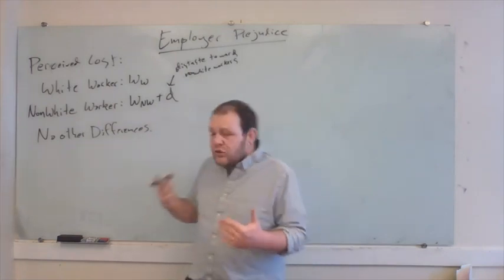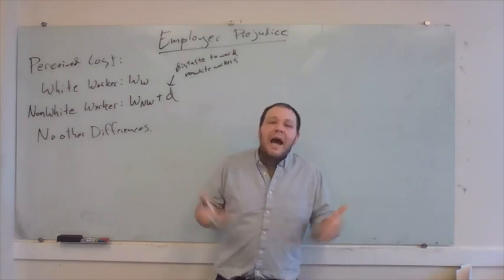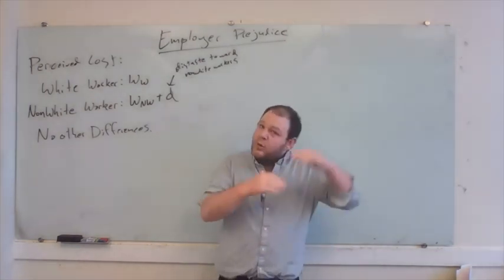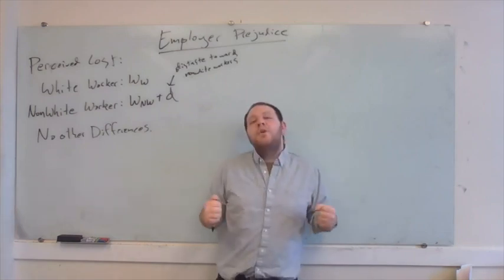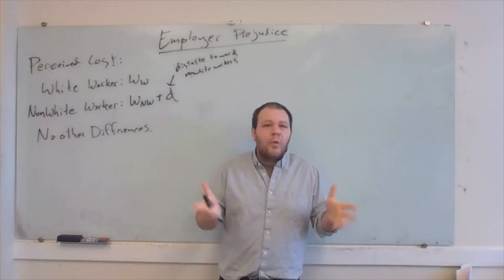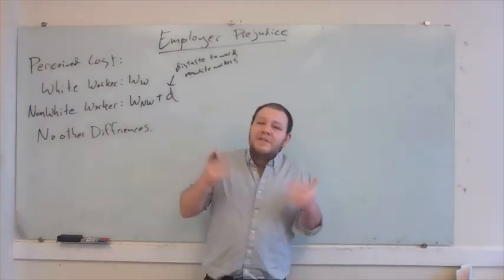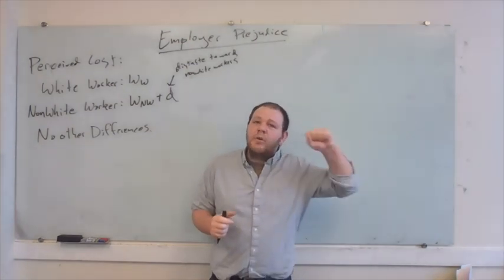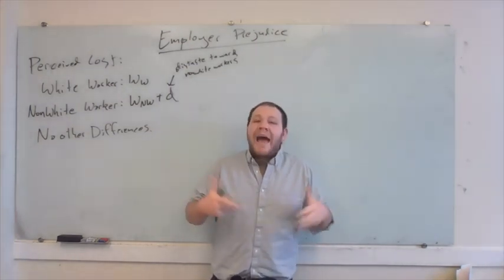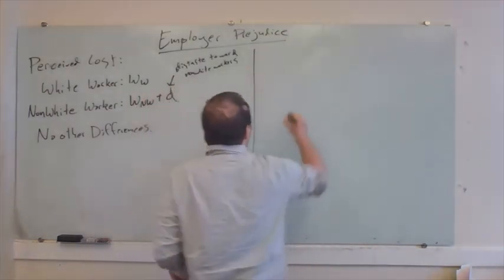Well, essentially they're going to say, if white workers and non-white workers are identical to each other, I'm going to hire whichever group of workers I perceive to be cheapest. And if one group's cheaper than the other, I'll only hire the cheap group, right? If both groups are equally expensive, I'll be indifferent, right? I'll hire whoever walks into my store. Because we're imagining that labor markets are perfectly competitive, there's never going to be a reason to hire a worker who's more expensive than another worker, because you can hire as many workers as you want, right, at the prevailing wage. So what this means is we're going to say that the employer decision